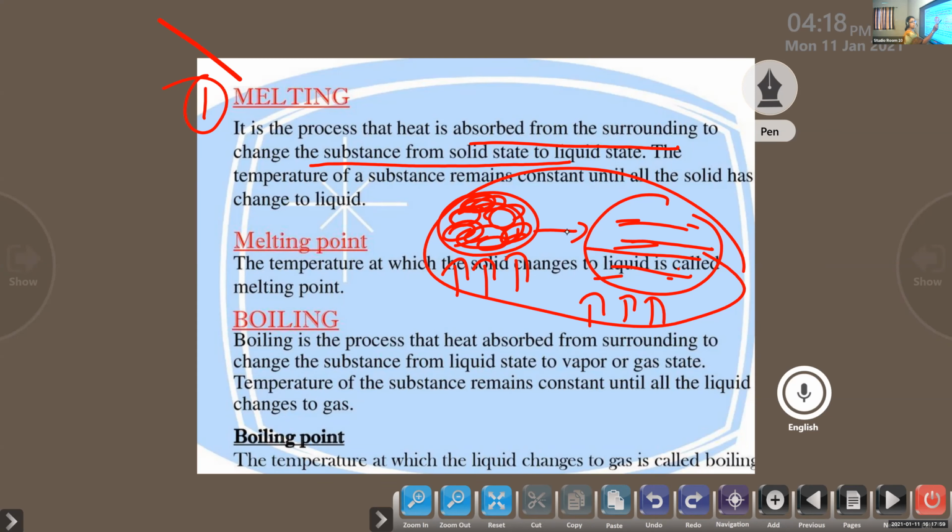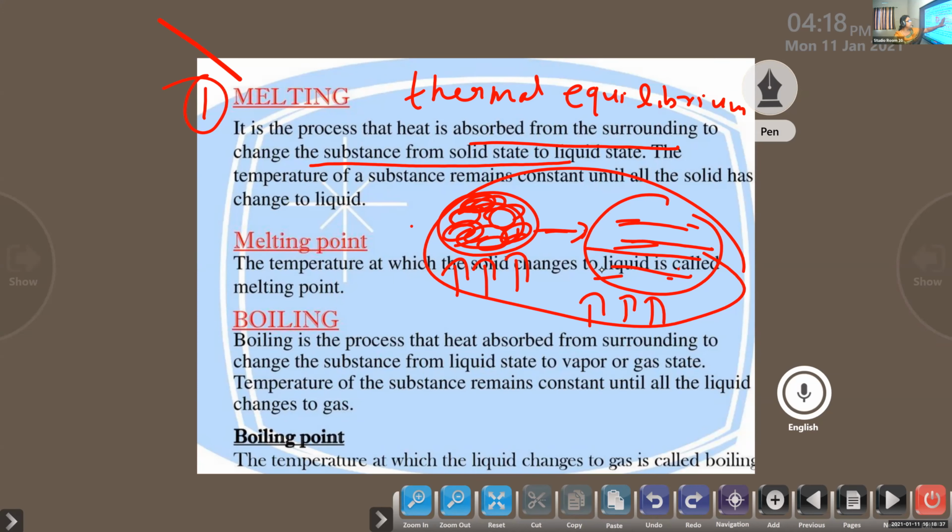In that particular state, we can say it has achieved a thermal equilibrium. So we are only considering a solid changing into liquid. We are not discussing liquid changing into vapor. Once the ice is completely melted, it becomes fully water. Then in the case of melting, we can say the temperature remains constant, and the matter is attaining a thermal equilibrium.